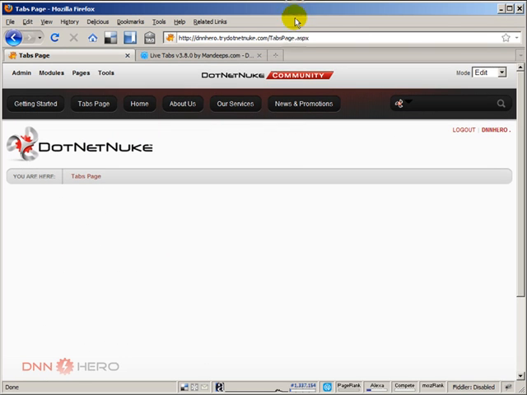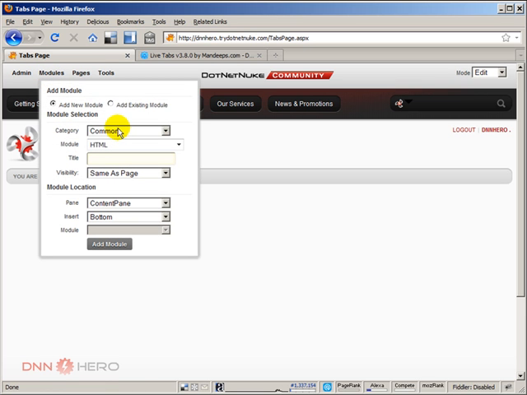So the module is already installed in our try.netnuke.com website. I've created a page and I'm going to add the live tabs module to it. So let's see, third party, and here's the module, live tabs. I'm just gonna name that live tabs. In the title, I'm gonna add the module to the page,